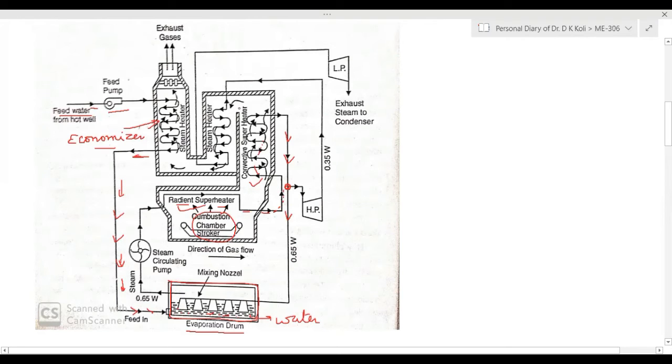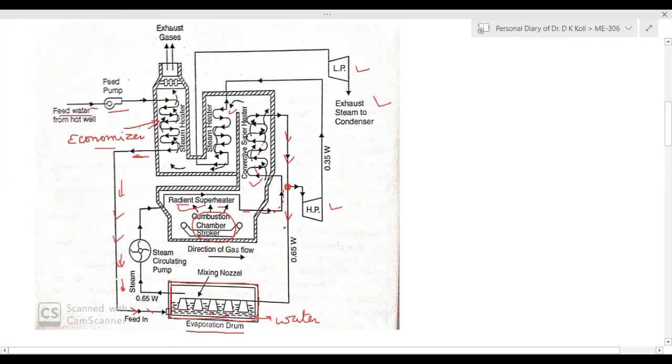It will run the turbine here, and that 35% steam will go again and pass through here. This is called the steam reheater. Here the steam will be reheated, and then this steam will again go to the LP turbine, then it is exhausted to the condenser. So the steam which has been produced will first pass through the HP turbine, then it will be reheated here in the boiler itself. Then after reheating, it will pass through the low pressure turbine. LP turbine means low pressure turbine, produce the work, and then it will be exhausted.